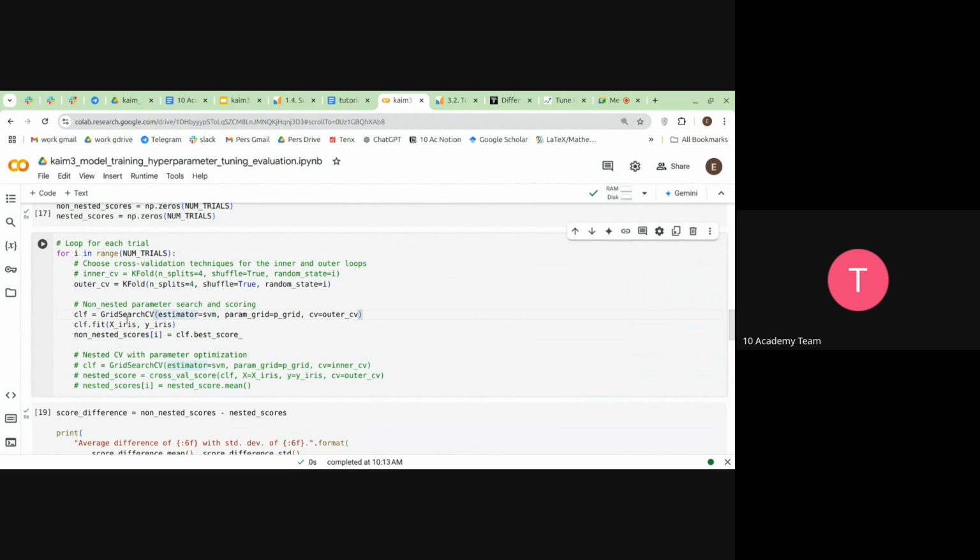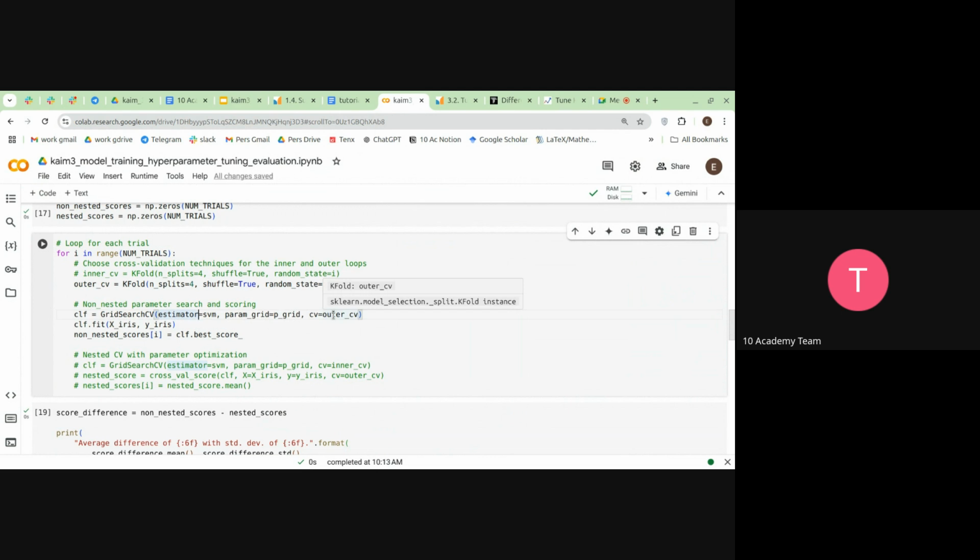And what the grid search is going to do is go through the grid. It's going to go over all the values and combinations of values, and do the basic cross-validation,